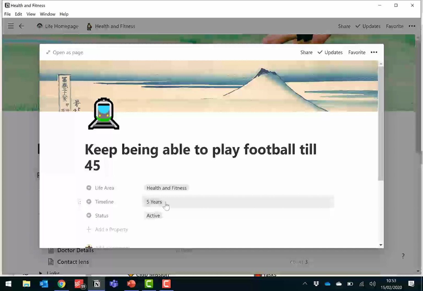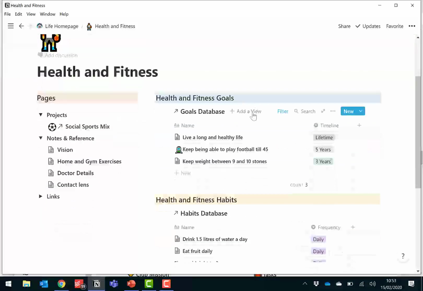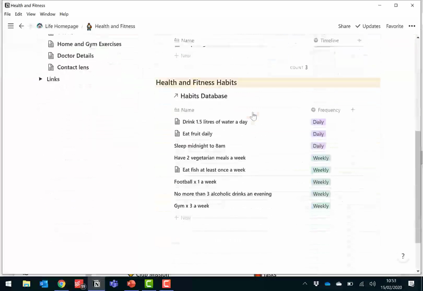And that's what we can have with databases, this is a goals database, linked to many different pages, okay? So we'll go through how we can do this maybe after the break, just a general feel of what's possible. And if I scroll down, also important in life areas or goals is maybe habits, and therefore you can also have a habits database as well. You can go to the extent of using it to track your habits, which I don't.